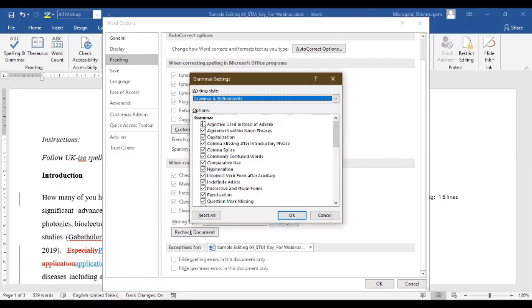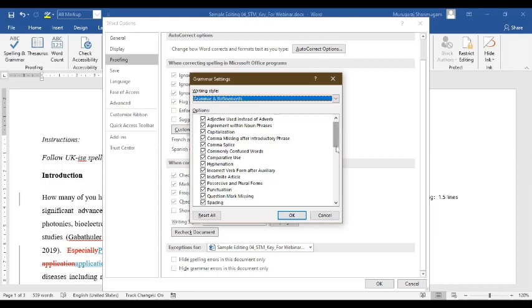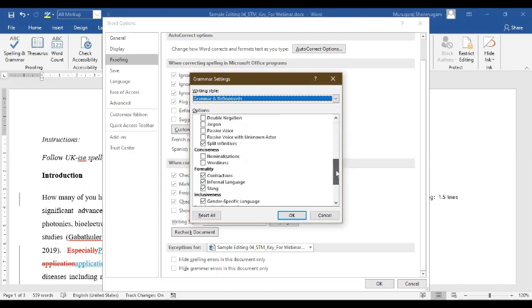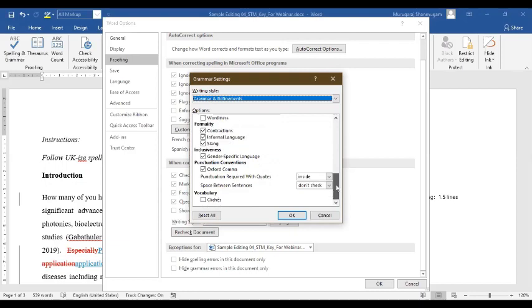So what are the various things MS Word can check for you? One, adjective used instead of adverb; agreement with noun phrases, which means noun-pronoun agreement; some capitalization; whether there is a comma missing after introductory phrases; whether there is a comma splice structure; identifying commonly confused words like affect and effect, and so on; and then comparative use. A lot. I'm not going to repeat all of them. I'm going to leave this to your curiosity to look into each of them and see what happens.